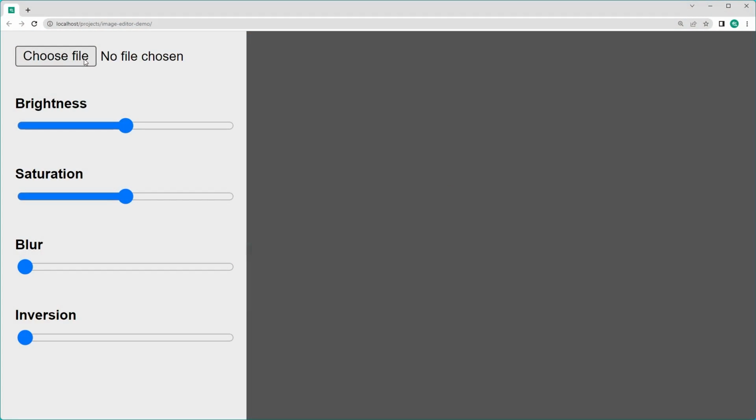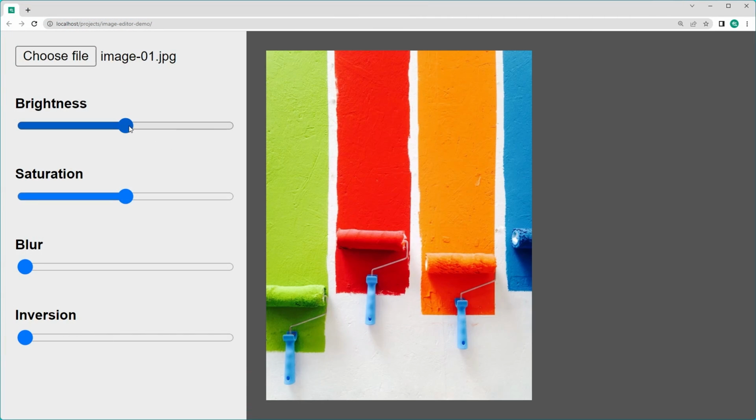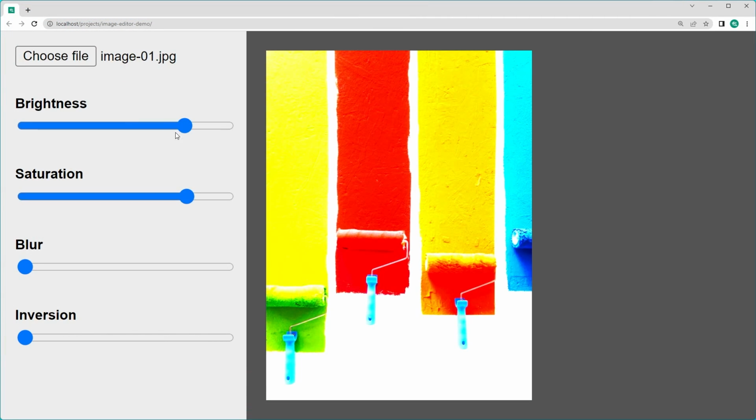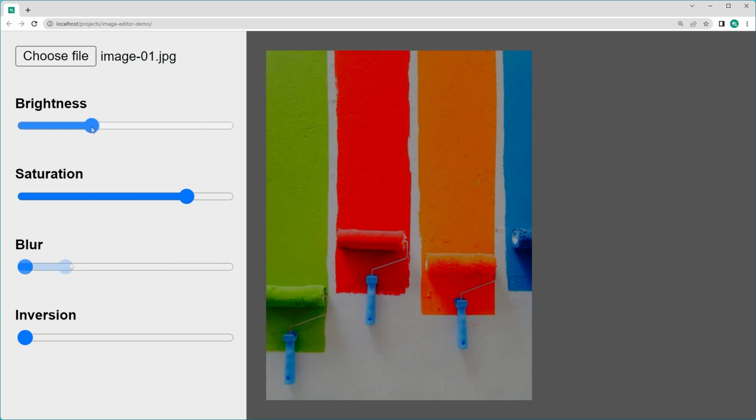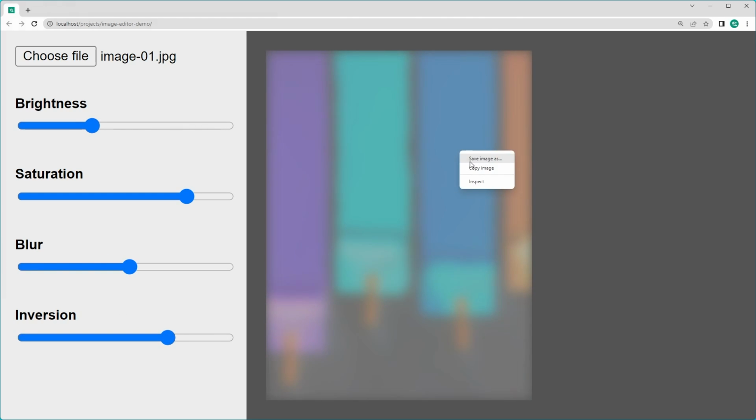This right here is going to be an awesome project for beginner to intermediate JavaScript developers who want to make something interesting. As you can see here, the user is able to upload an image and then they can begin changing the brightness, saturation, blur, and inversion on that image. And because we're going to be using HTML5 Canvas, they are also able to right click and save that image